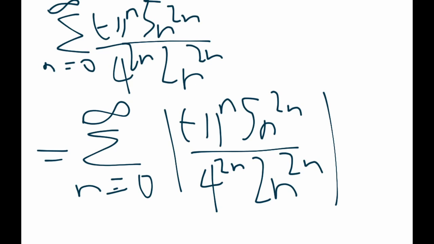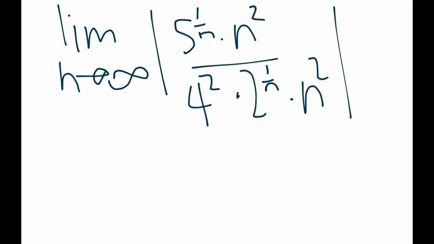The next question is the sigma from n equals 0 to infinity of negative 1 to the n times 5 times n to the 2n over 4 to the 2n times 2 times n to the 2n. We're going to test for absolute convergence here, so we take the absolute value of this series and then use the root test, which gives us the limit as n approaches infinity of the absolute value of 5 to the 1 over n times n squared times 4 to the 2 times 2 to the 1 over n times n squared,